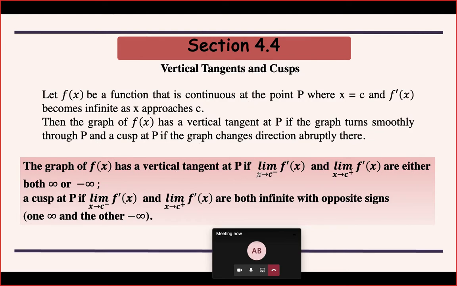What we are doing is finding left hand and right hand limits of the derivative at some point c. So at this point it is essential that the function should be continuous to start with. Can somebody try and relate this to asymptotes? Any relation with asymptotes? Looking at this definition, can you make out some relation with asymptotes?